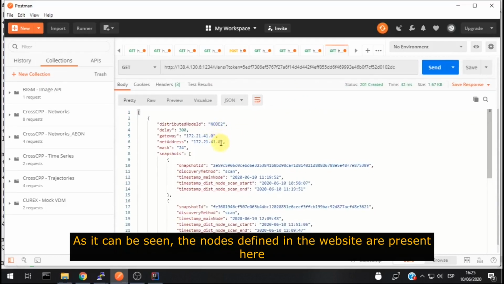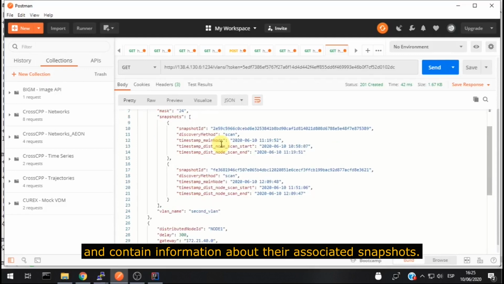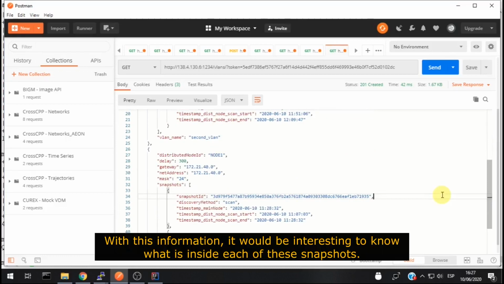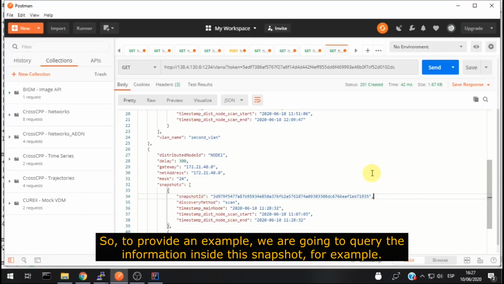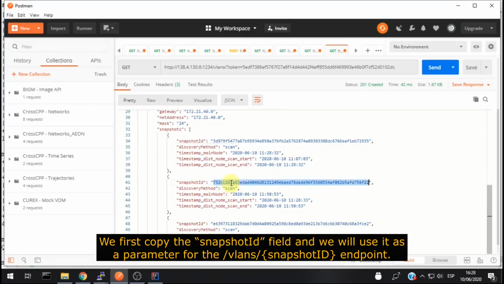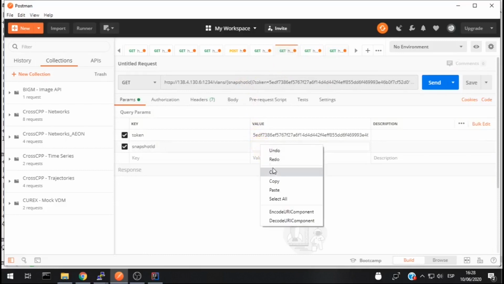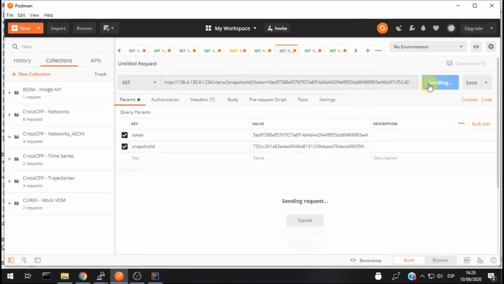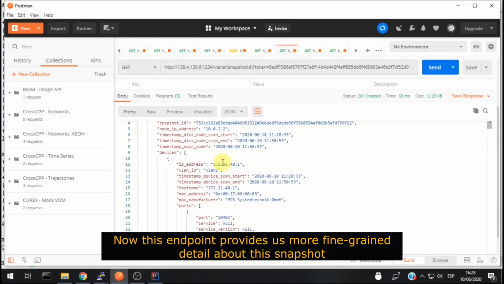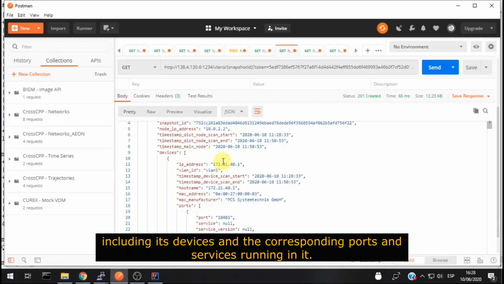As can be seen, the nodes defining the website are present here and contain information about their associated snapshots. With this information, it would be interesting to know what is inside each of these snapshots. So, to provide an example, we are going to query the information inside this snapshot. We first copy the snapshot ID field, and we will use it as a parameter for the /VLANs snapshot ID endpoint. Now, this endpoint provides us with more fine-grained detail about this snapshot, including its devices and the corresponding ports and